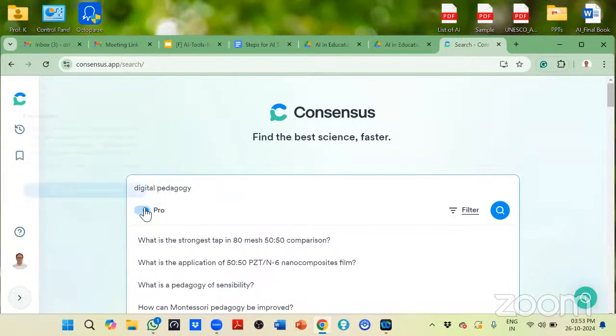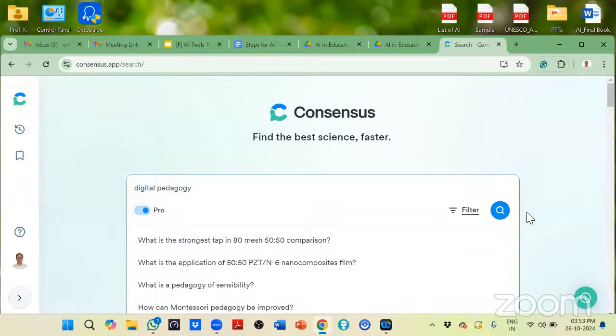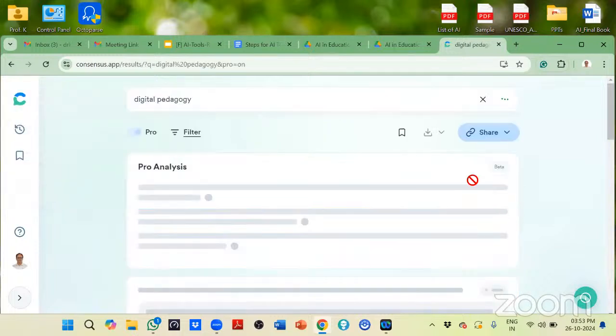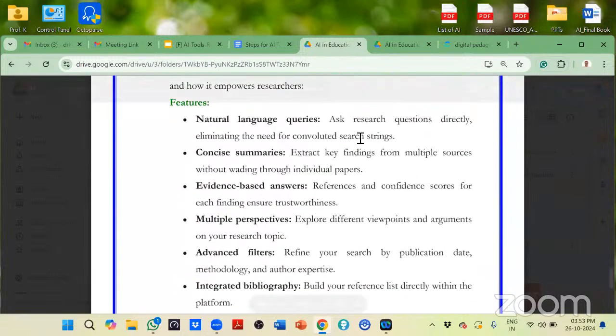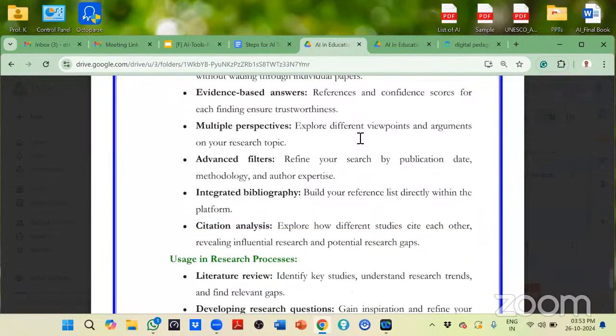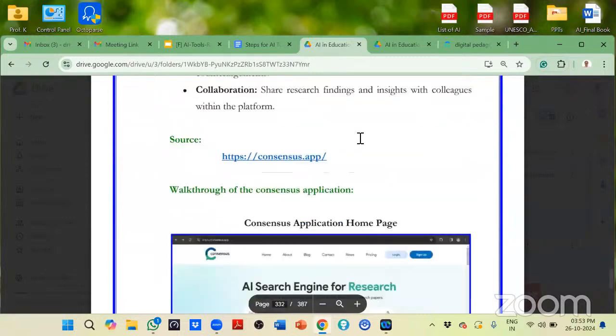हाँ, ये नॉर्मल मोड है, ये प्रो मोड नहीं है। ओके, इसलिए मैं कह रहा हूँ ये नॉर्मल मोड में ये जो चलेगा। सो मैं इसको सर्च कर रहा हूँ, तब तक मैं आपको स्टेप्स भी दिखा दूंगा कॉन्शियसनेस का, जब तक ये आ जाएंगे। और इसके साथ भी वही है, कंसाइज समरीज आपको मिलेंगे, एविडेंस बेस्ड आंसर्स आपको मिलेंगे, मल्टीपल पर्सपेक्टिव्स मिलेंगे, और रिसर्च प्रोसेस के लिए, लिटरेचर रिव्यू के लिए हम इसको बहुत अच्छा खासा यूज कर सकते हैं। डेवलपिंग रिसर्च क्वेश्चंस भी इसके साथ काफी इंटरेस्टिंग है, एंड इवेल्युएटिंग सोर्सेस है, स्टेइंग करंट, ये बातें हैं।